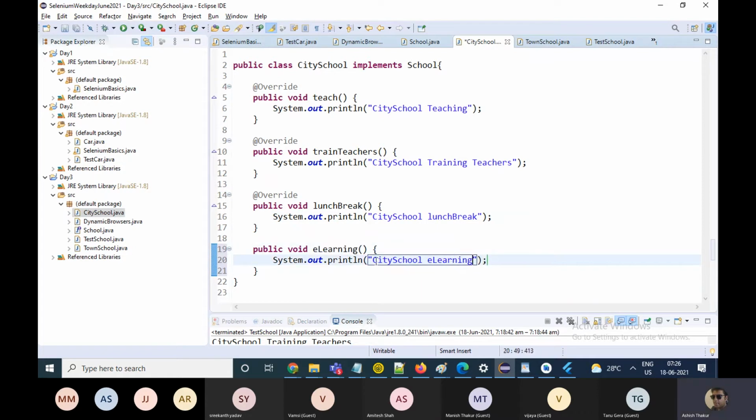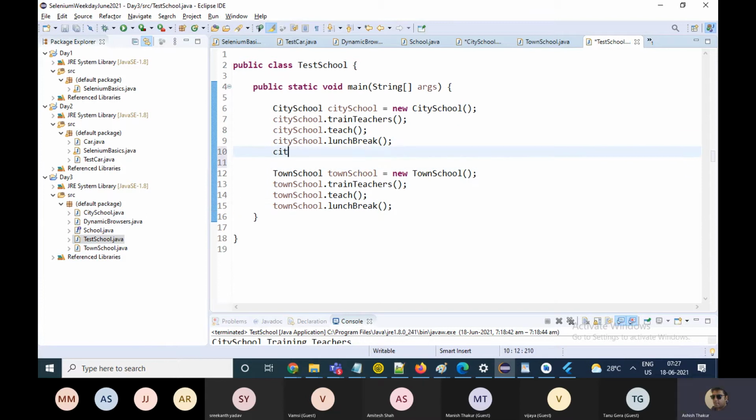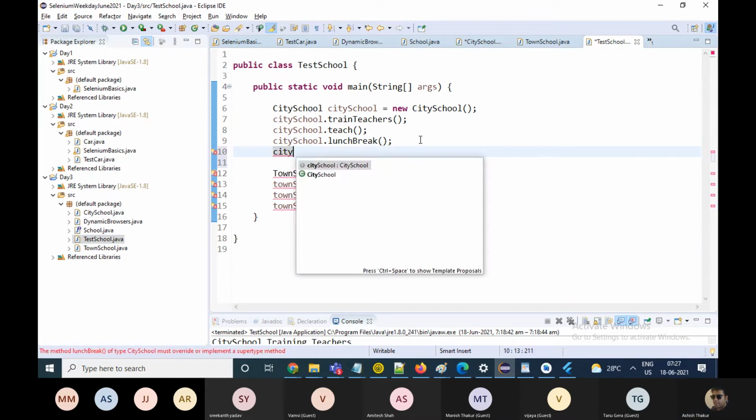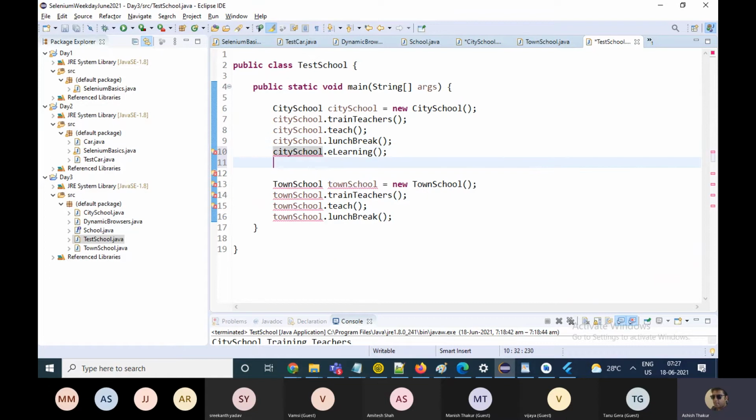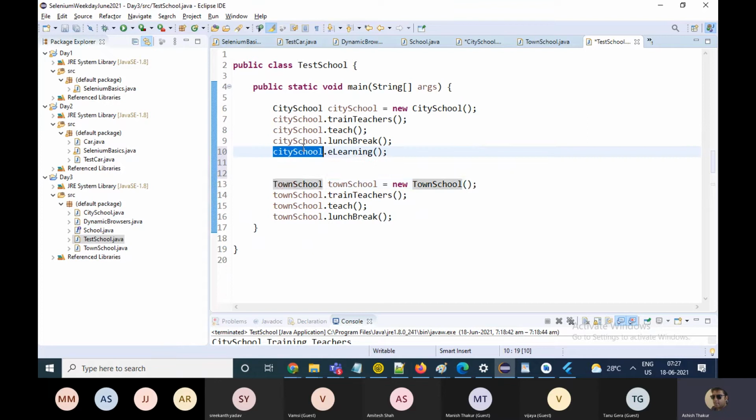So obviously in my classes over here, I can call the school.elearning function. But this function is not there in the town school, so you cannot call it there.